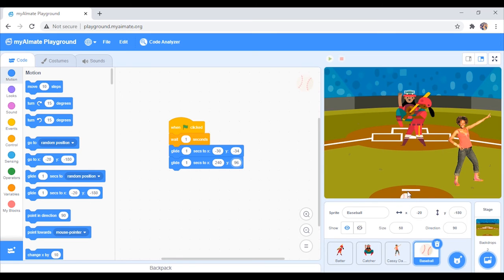So, we record the position and place it there. Now, let's execute it.